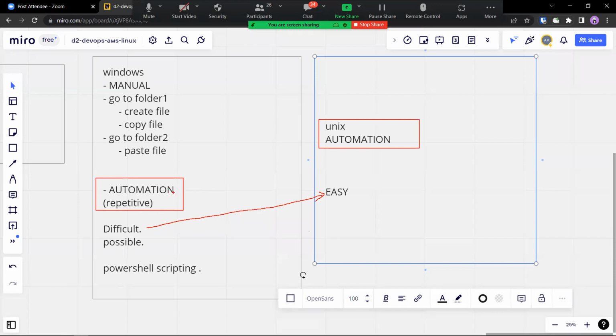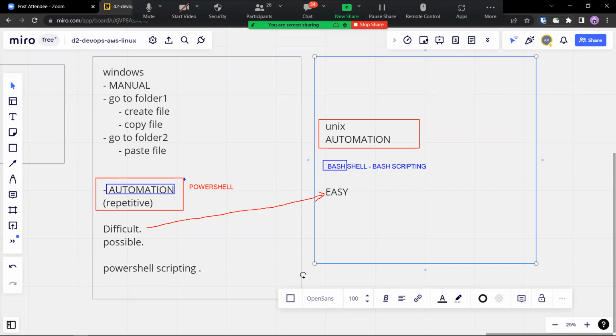And let's look at the tools for automation. On a Windows environment, the automation tool is PowerShell. And on Unix, the automation tool is Bash shell. And this is the scripting that we have in our syllabus, Bash scripting. We will see what Bash is at a later point of time, the full form of Bash. But right now, we're looking at automation.